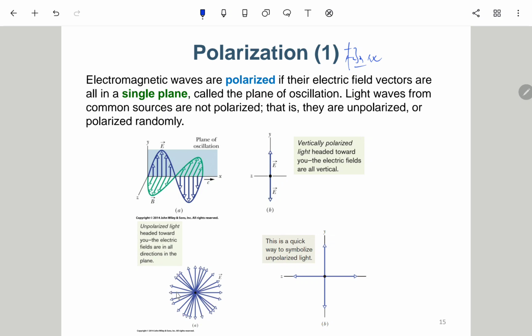Of course, you can collect the z-axis component and the y-axis component, and combine all these into a z-axis component and a y-axis component, so that these two components are perpendicular to each other. 就是你还是可以把这些归起来全部都当做水平跟垂直方向的。但是两个方向都有的话，它就是没有极化，就是 non-polarized、unpolarized 或者是 polarized randomly。